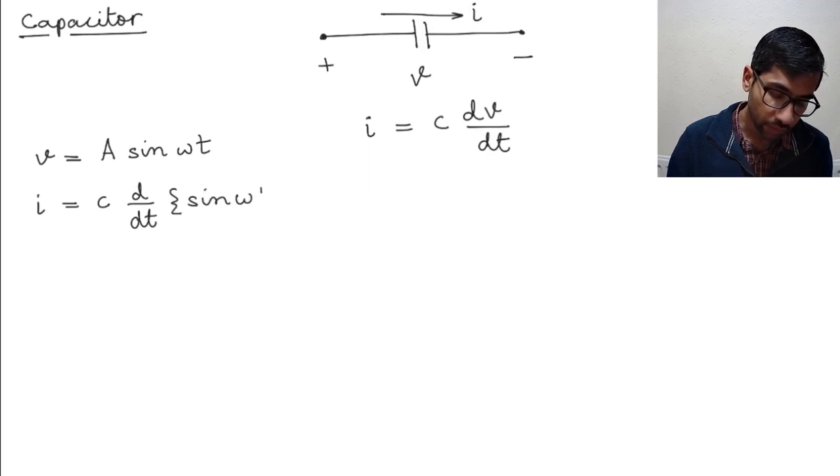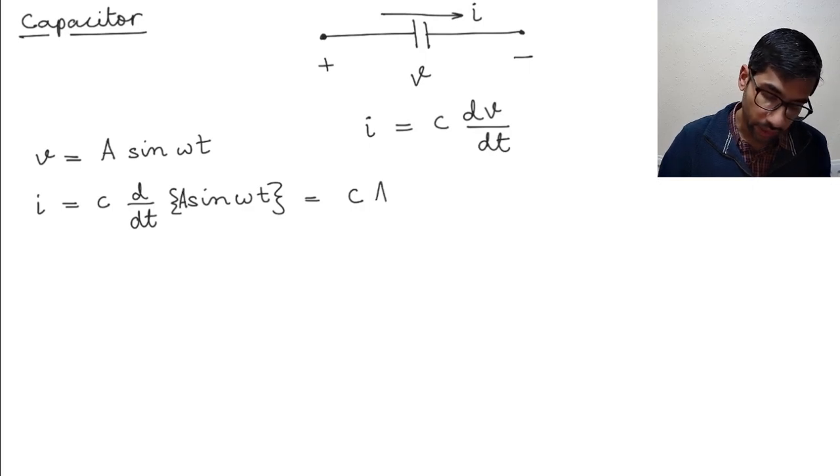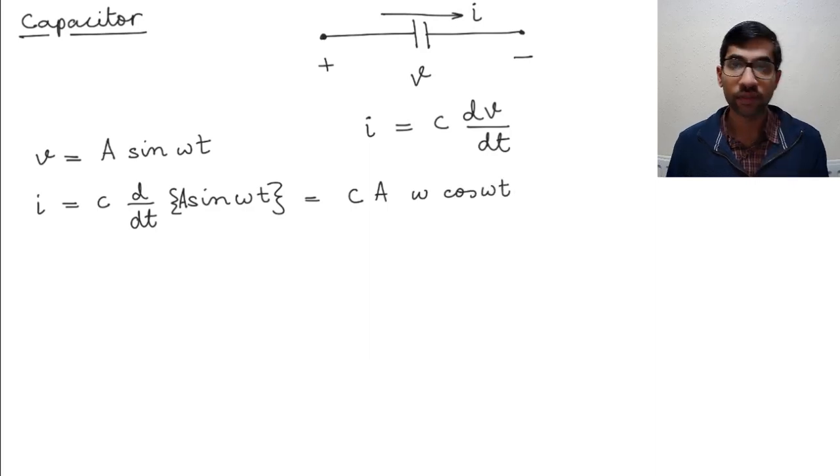All right, so that is going to turn out to be C. Well, I need to write out amplitude A here. So C times A, and then it is omega cos omega t,